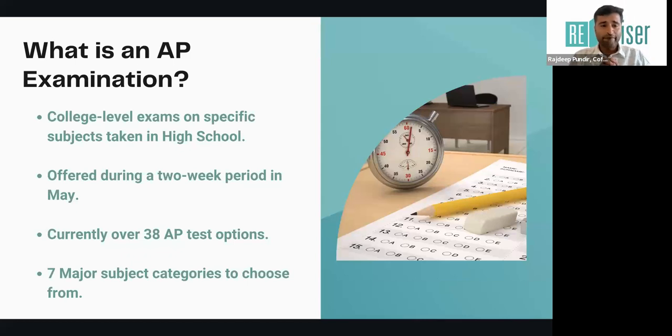Now, why did it come into existence, right? I think that is an important part. So if you really look at it, 2-3 years before, there used to be something called subject SATs, which was offered by College Board. So you write an SAT, which is English and maths, and then you write subject SATs, which could be maths, physics, chemistry, bio, to show your subject level knowledge. However, 2 years back, College Board shut down their subject SAT component.